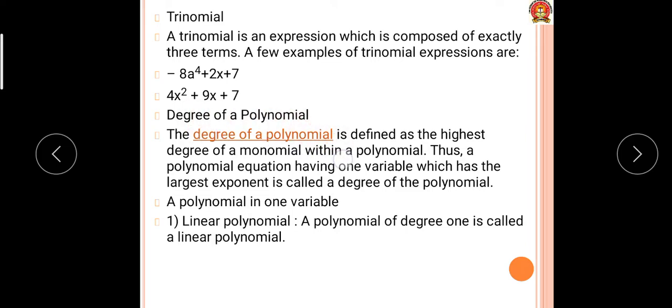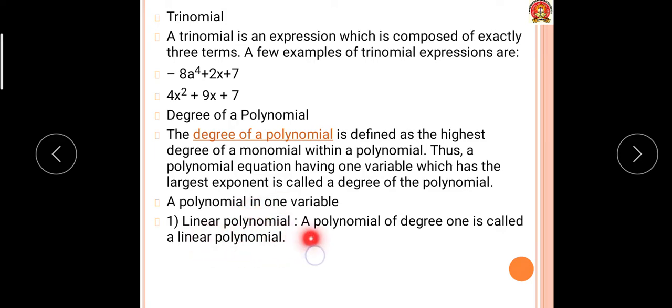Now the degree of a polynomial. The degree of a polynomial is defined as the highest degree of a monomial within a polynomial. The term which has the highest degree. Monomial means a term. The term which has the highest degree, that degree is called the degree of the polynomial. Okay, in a polynomial equation having one variable, the largest exponent is called the degree of the polynomial. In this way also we can define it. A polynomial in one variable,